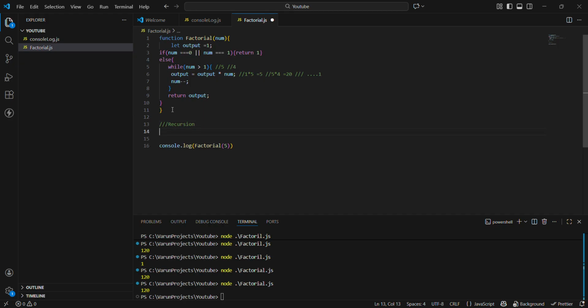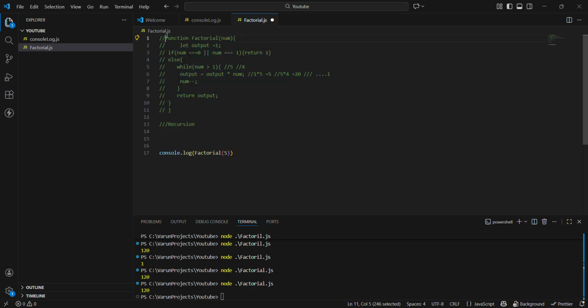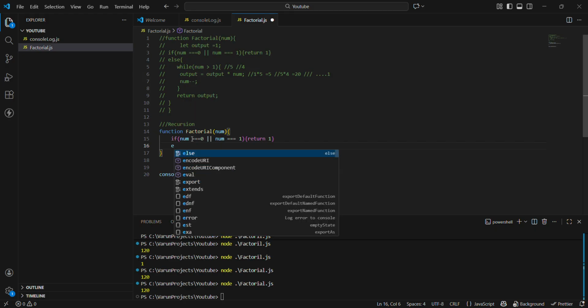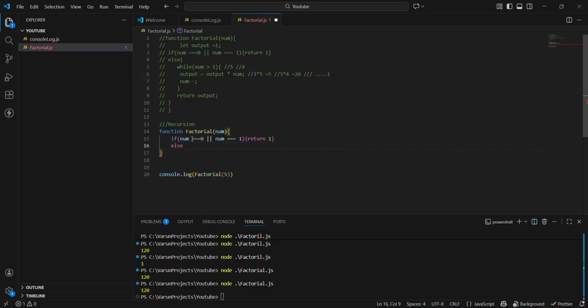Recursion. So how to do this guys? Let's solve that one as well. So I will simply copy the function. Okay guys, so now the same, the base condition we will check if our number is basically 1 or 0, then we will return,